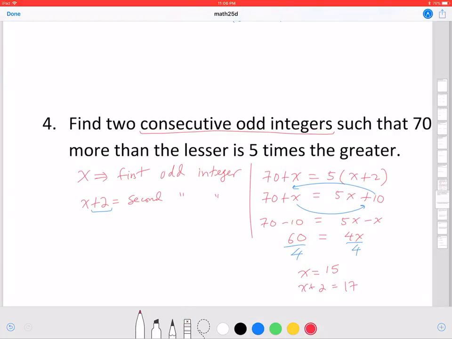All right, so 15 and 17 are the two consecutive odd integers. All right, that's it for this